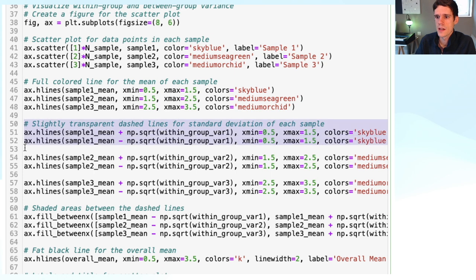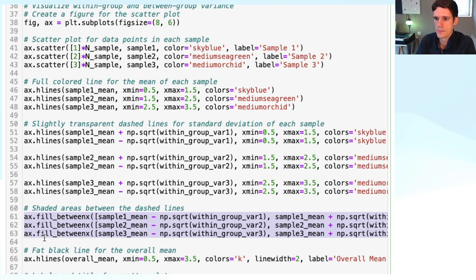And then these lines of code take care of our shaded areas. So we first make horizontal lines that indicate the mean plus 1 standard deviation and the mean minus 1 standard deviation. And we do this for each sample, so 2 lines for each sample. And then we fill color between these bounding lines to indicate this in-between variance. This will be the region in which all of the data points fall that are within 1 standard deviation of